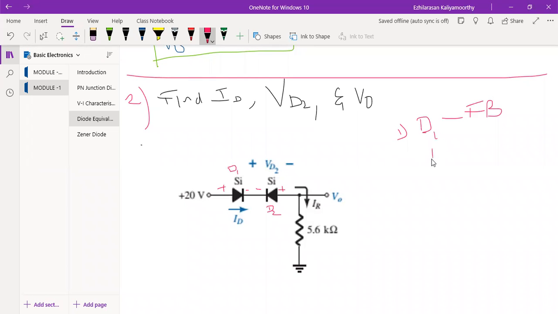Then what about D2? For D2, you see here, the P type is connected to ground. The plus is connected to ground, so I can say that D2 is connected in reverse bias. So how will the diagram become now? In the sense, we need to find out the state of the diode. That is the meaning of that. To find out the state of the diode, very simple, I will just draw the equivalent diagram of that now.